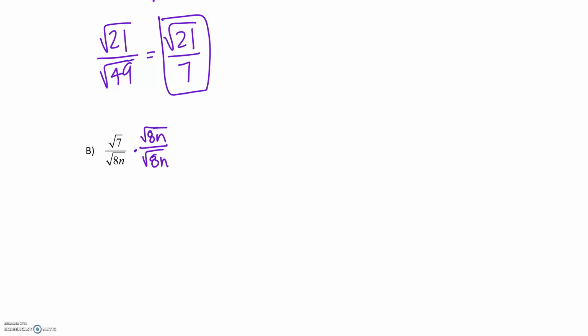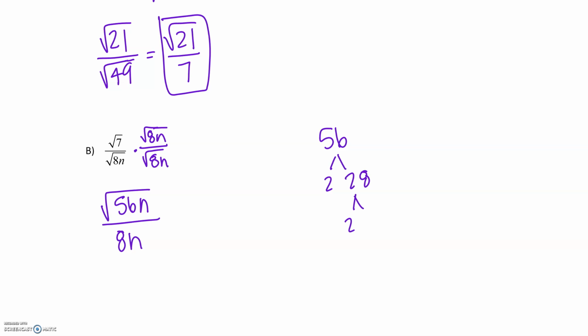Okay, so if we do the square root of 7 times the square root of 8n, that's going to leave us with the square root of 56n over 8n on the bottom, because the square root of 8n times the square root of 8n just leaves us with 8n. Okay, and we can factor something out of this radical. So if we do 56 divided by 2, that leaves us with 28. Divide that by 2 leaves us with 14. Divide that by 2 leaves us with 7. So we've got a pair of 2's right here. That means we're going to have 2 on the outside, and on the inside, we're going to have 14